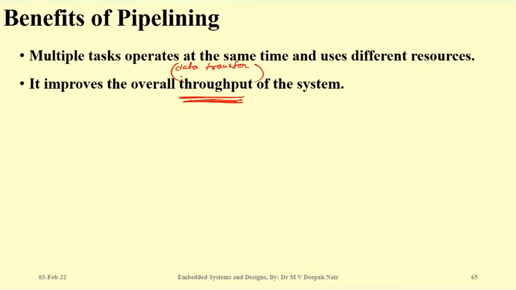Remember, throughput is a common word which is used to say performance. Whenever you are saying speed, so throughput has increased, that means more instructions have been completed in one small time period. If it is a communication-based system, higher throughput means higher data rate. So this word is not fixed for a particular thing. It is a more technical word used to say that the overall performance of the system has increased. The performance of a system may vary from one system to another. For example,